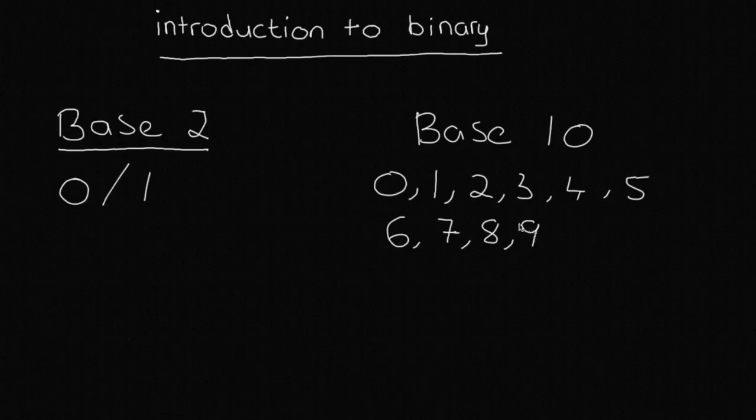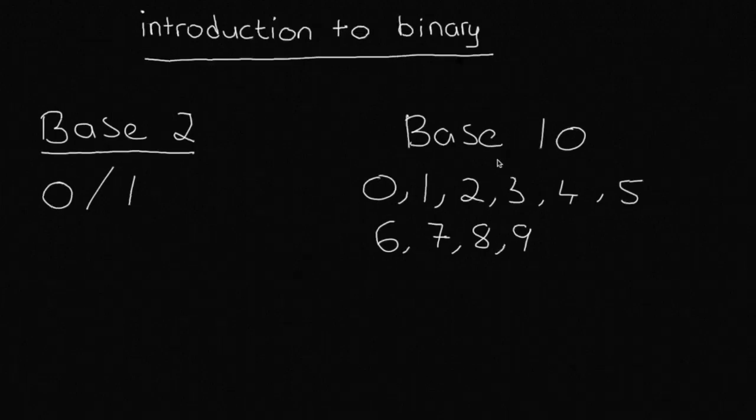So 0 to 9 gives us 10 different possibilities, while base 2 gives us 2 different possibilities. Base 10 is a much better way of representing numbers because you can represent different numbers and different quantities using a smaller amount of space. The problem is with computers, they can only understand ones and zeros, and the reason behind this is because it's